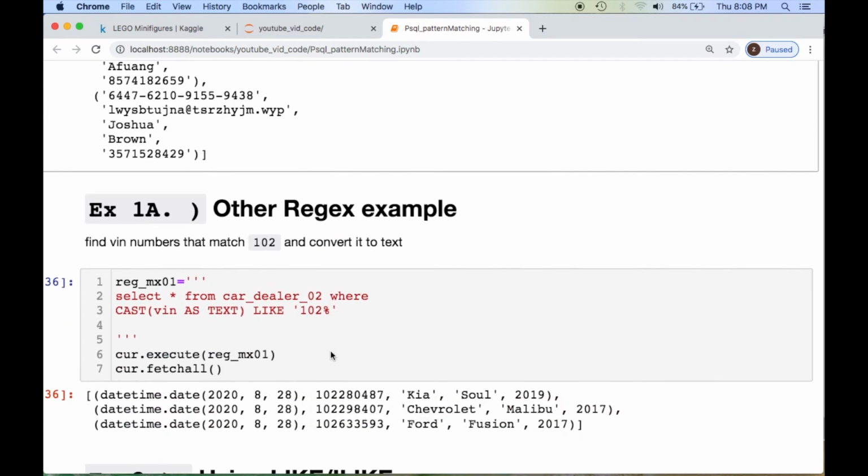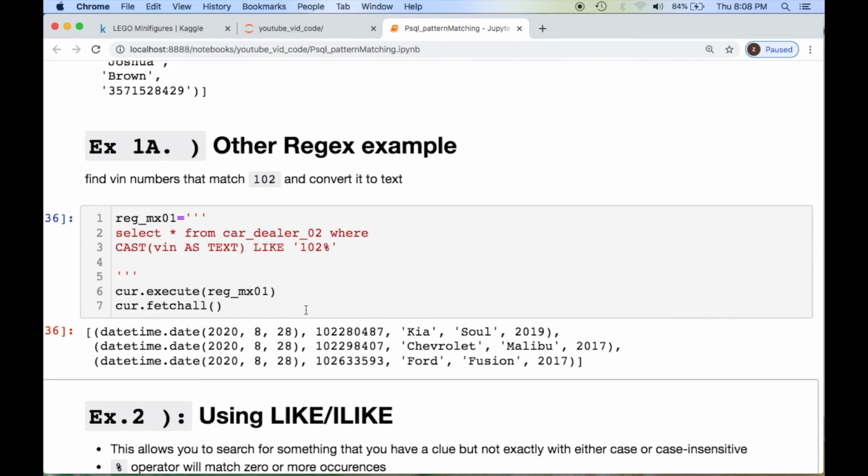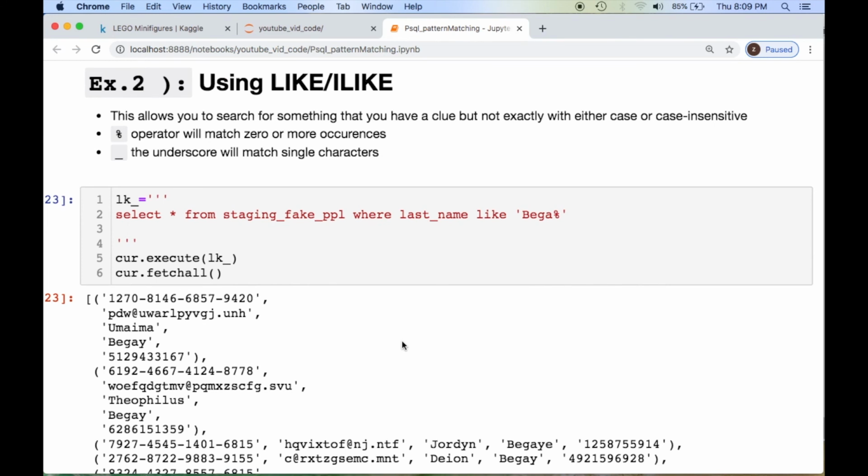Okay. We can look at using LIKE. I shouldn't say regex here because it's not, but you could use LIKE or ILIKE, which is case insensitive. For instance, I'm trying to find the VIN numbers that start with 102 here, and I'm just converting it into text, which was originally an integer after we formatted it above. And if we scroll, we got 2 things when you're using LIKE or ILIKE. You got to think about the operators. The percent sign allows you to match 0 or more occurrences, and then the underscore lets you match single letters. We're going to see both.